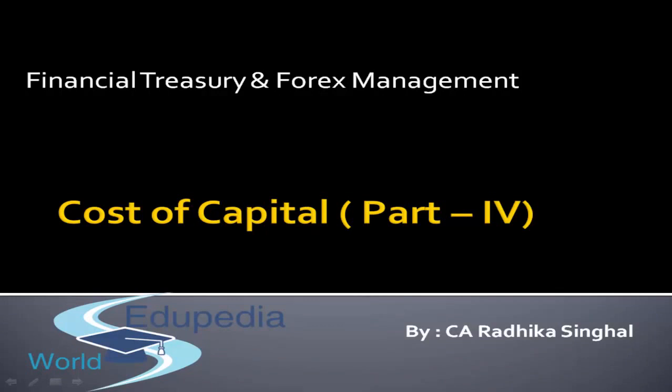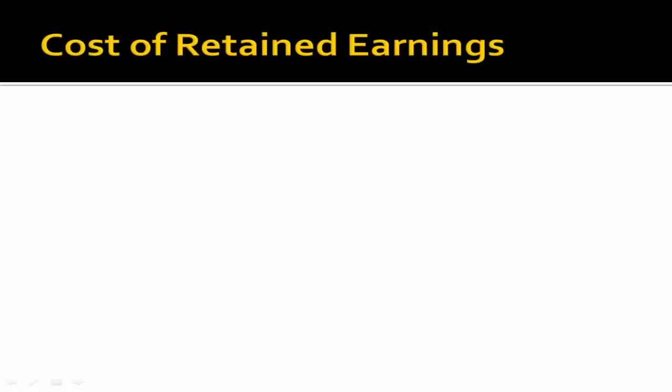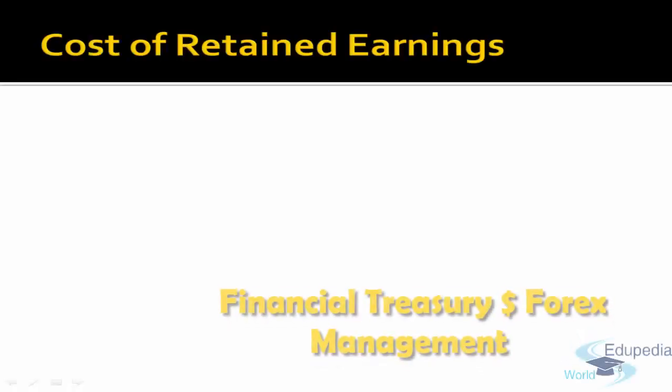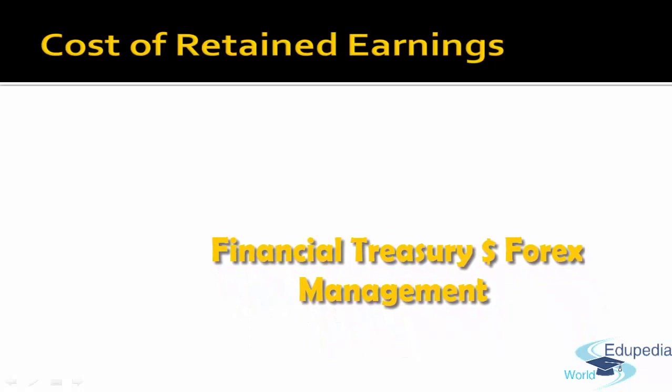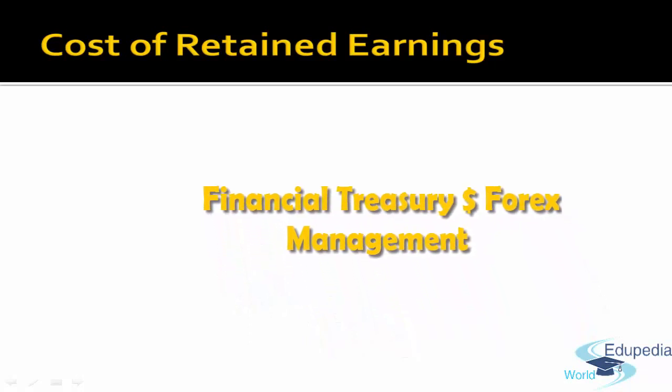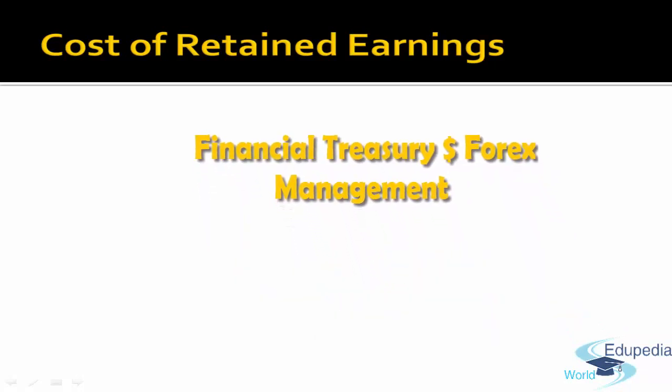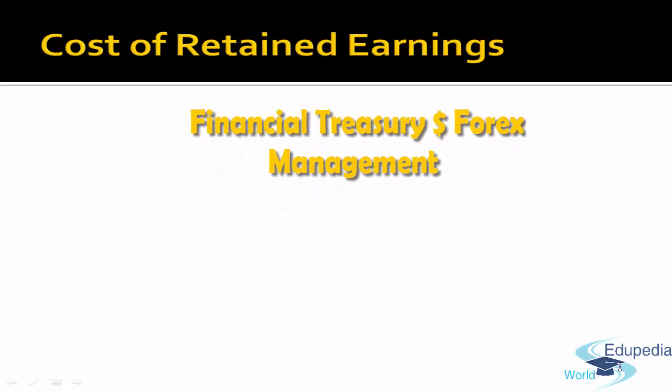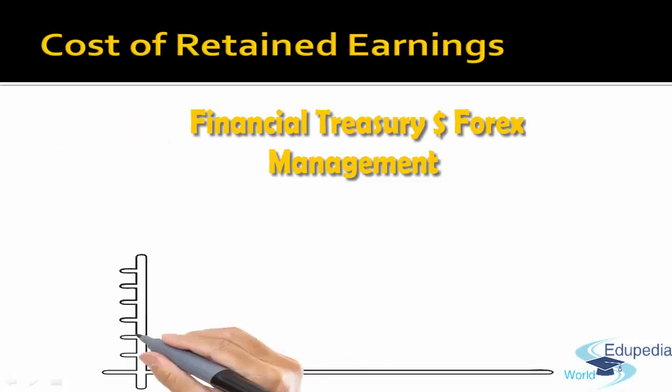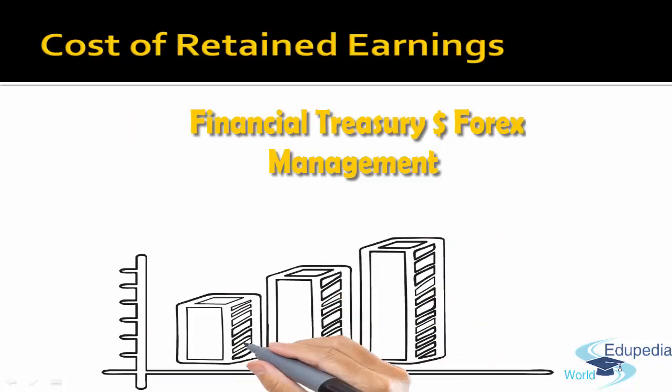So in the earlier class on cost of capital, we already started on how to compute cost of equity, preference share and debentures. Only one cost is left, that is the cost of retained earnings. Retained earnings, as we discussed earlier, who has the expectation of return on them? The equity shareholder, because it's their income which is retained in the business and not distributed to them as dividends. So the expectation of the equity shareholder will be the same as for retained earnings.